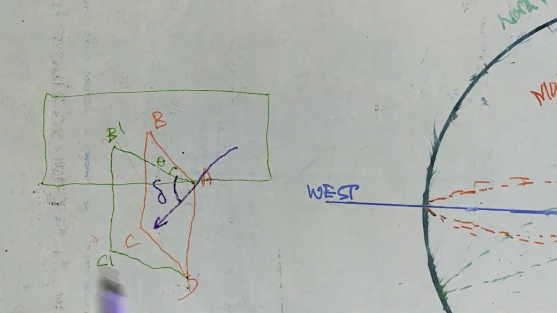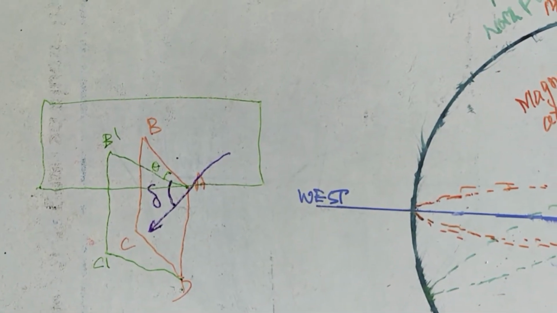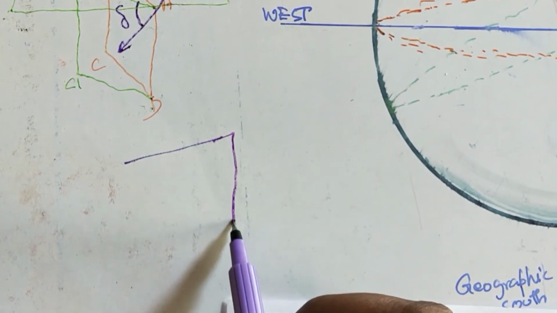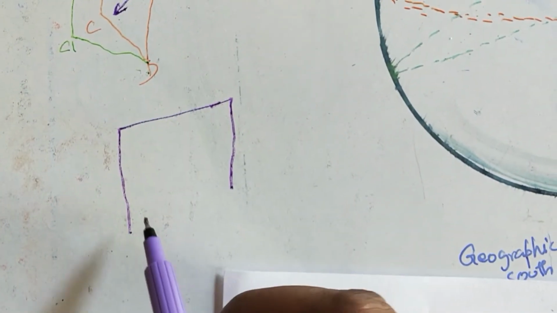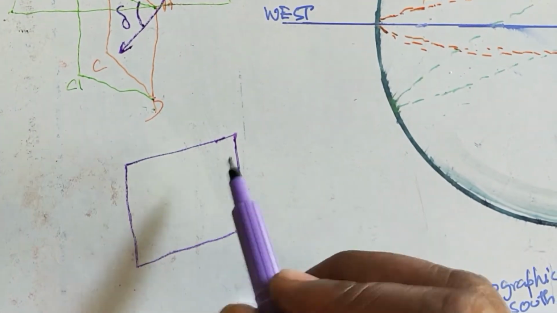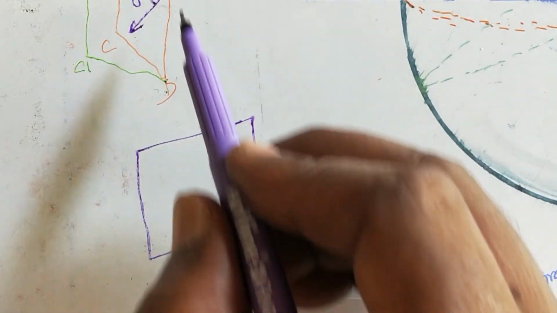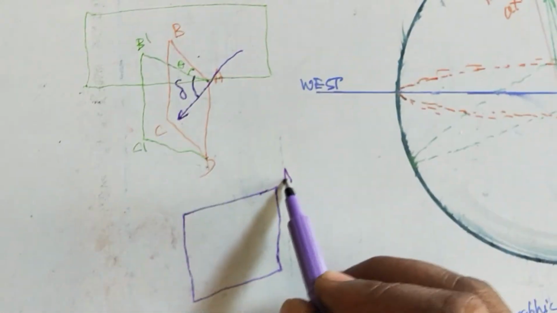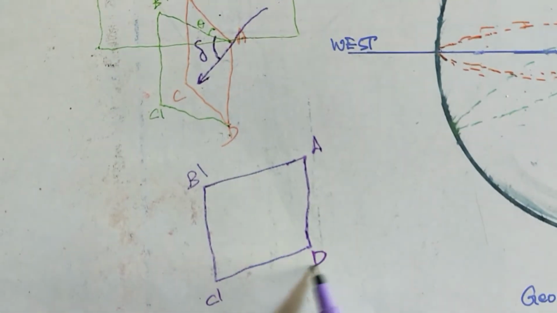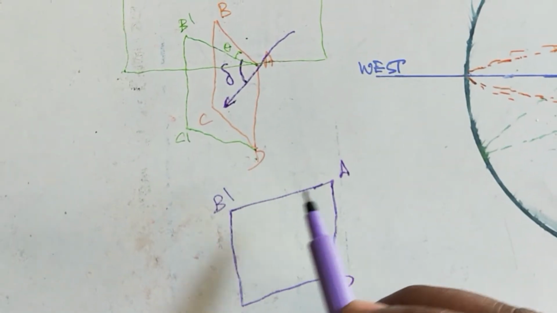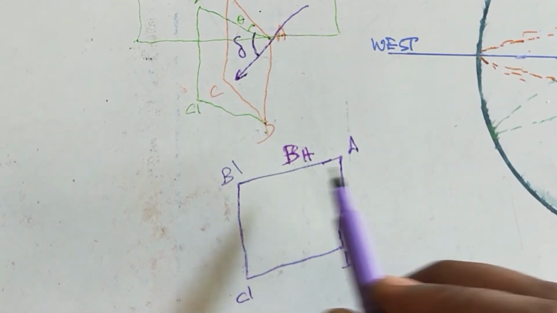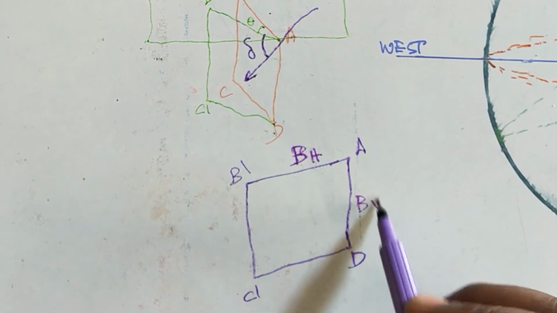So if I separate this magnetic meridian and write, for your better understanding, I am separating this magnetic meridian here. Since we are calling this a plane, I am representing it in the form of a rectangle. The magnetic meridian is denoted by A, B dash, C dash, D. And this is the horizontal plane, Earth's magnetic horizontal plane. This is the vertical plane we call it.